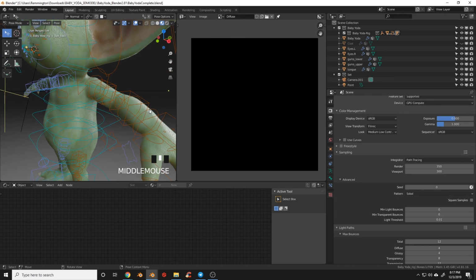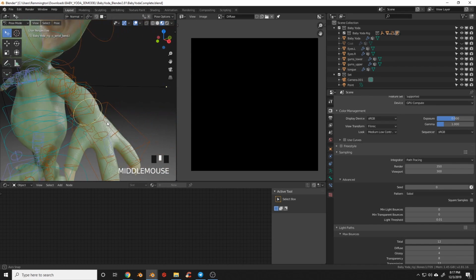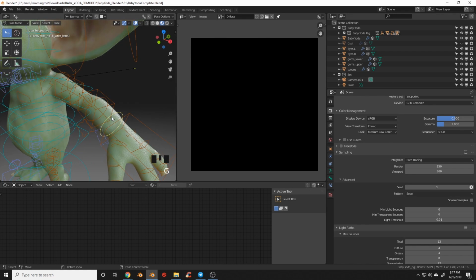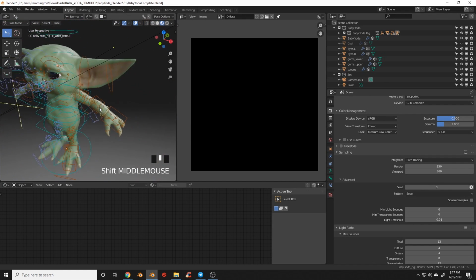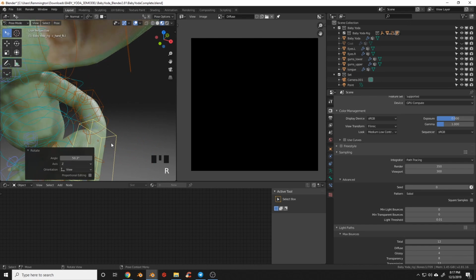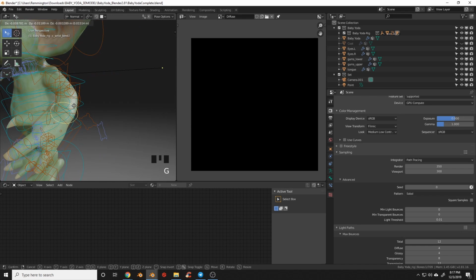Now you'll notice that we have these circles here, and they're in between bones. So here you can see that this operates on the wrist, this operates on the elbow, and then we have these in betweens. Now these can be used for corrective deformation, or if you want to do some extreme poses. So what I mean by corrective deformation is that if we bent his hand and it just didn't look right, we could come in here and modify this for extreme poses.